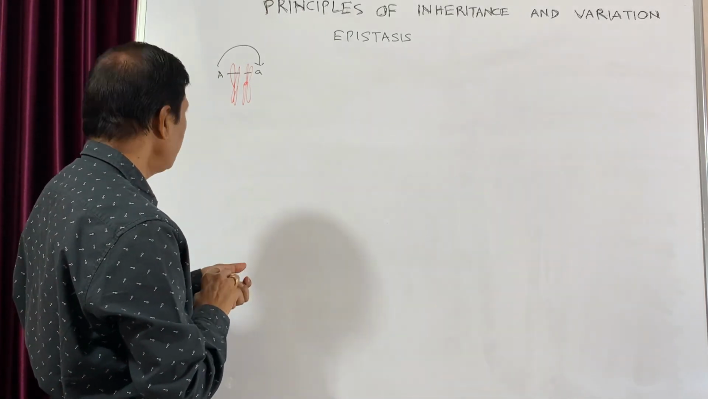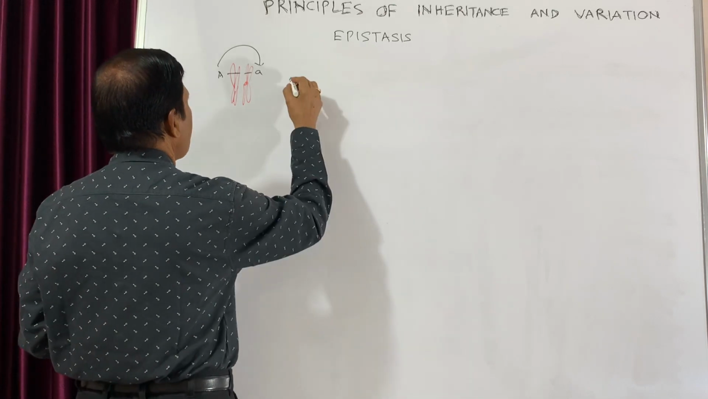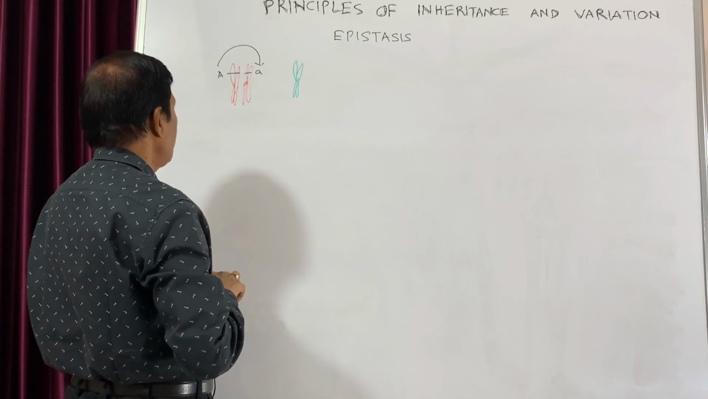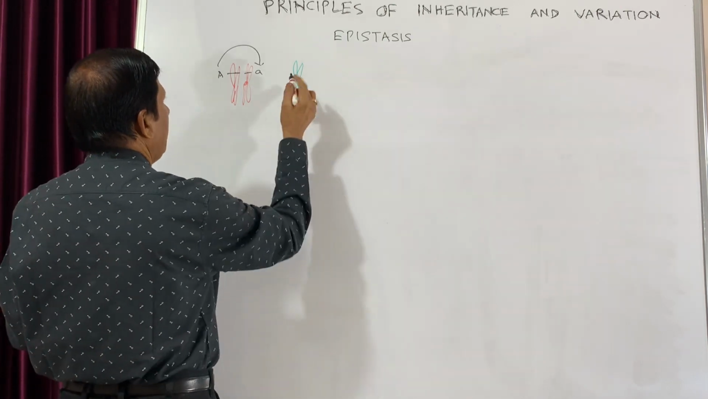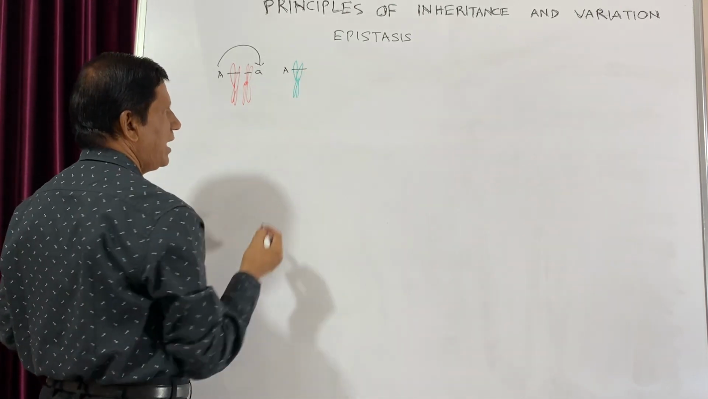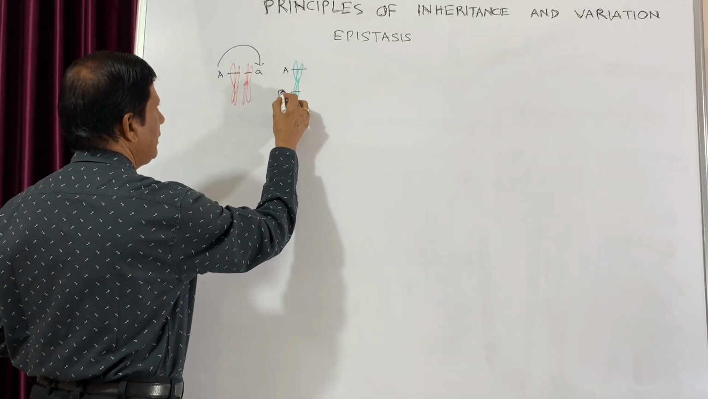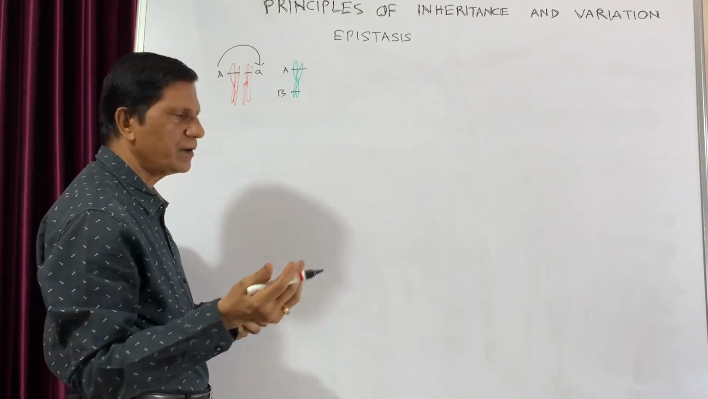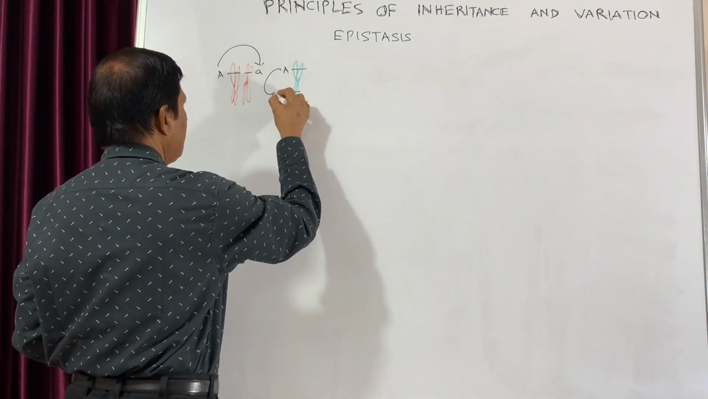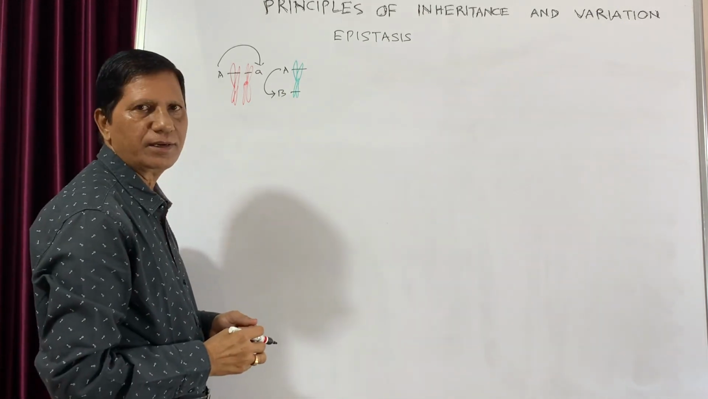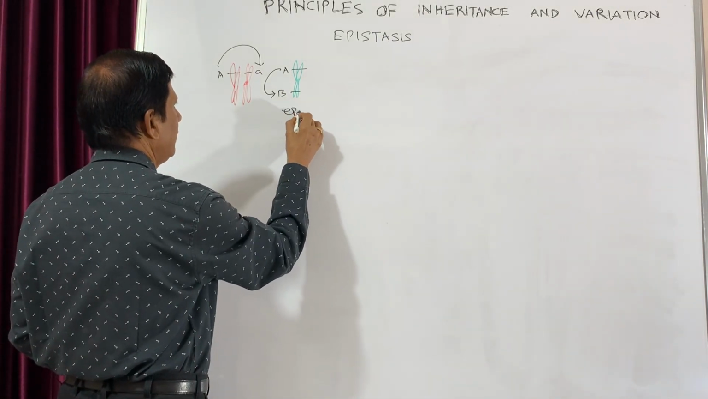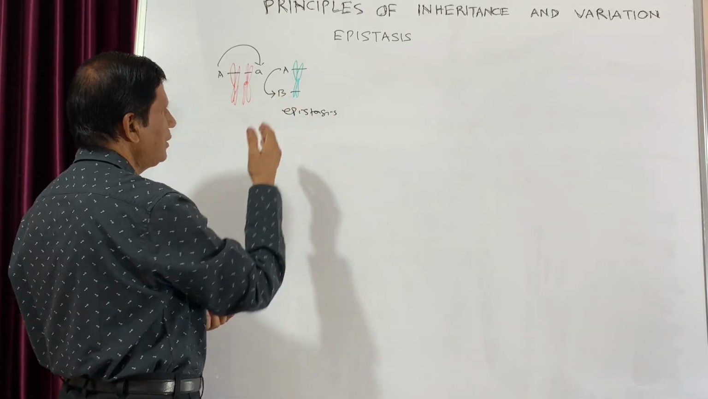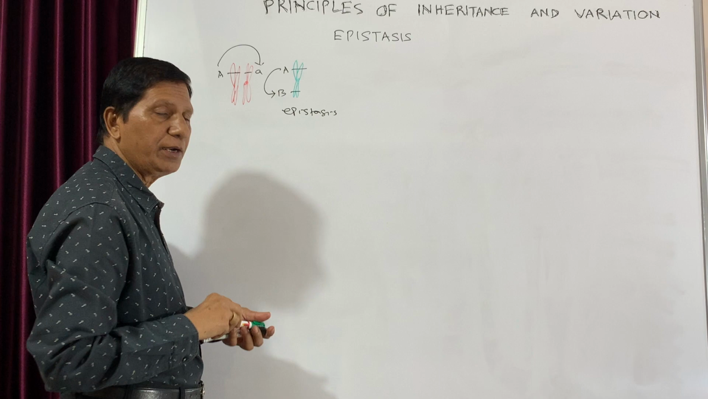But let us draw another case. Suppose in one locus gene A is there and in another locus gene B is there. So A has one expression, B gene has another expression. But suppose this gene A will suppress the expression of B. This is known as epistasis. It may be present in the same chromosome, or even it may be present in